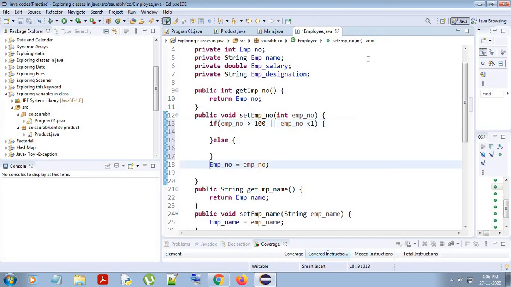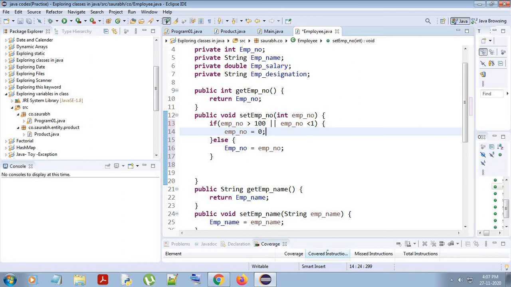And then I will assign this. Only then I will assign it, or else I won't insert anything. I will say the employee number would be 0, and 0 is an indication for me and my organization that someone outsider is trying to access your data.